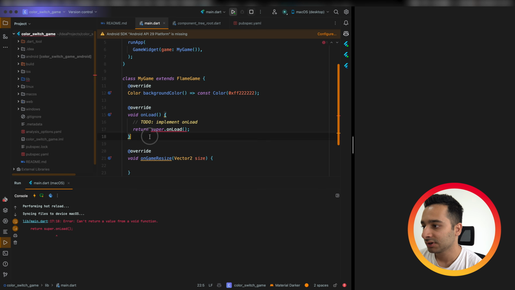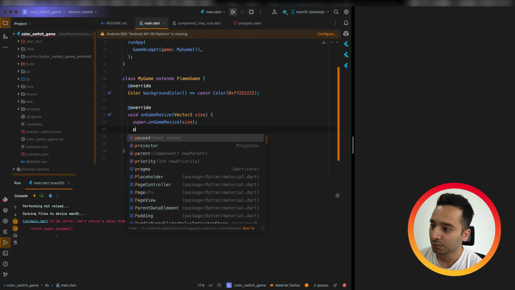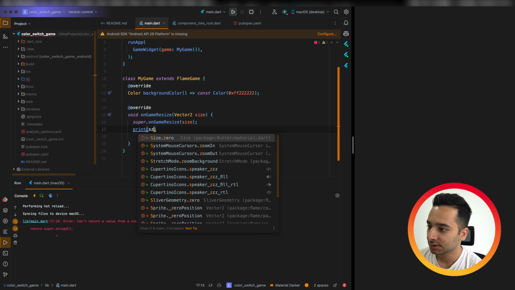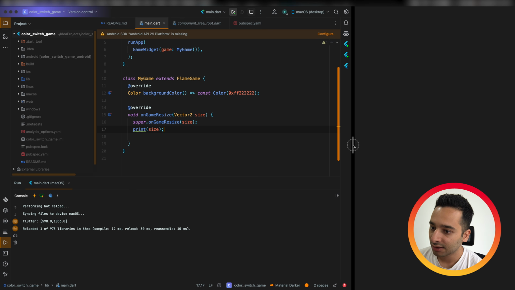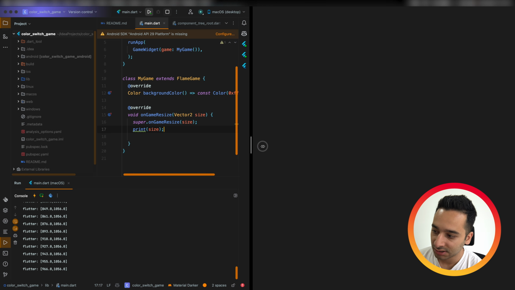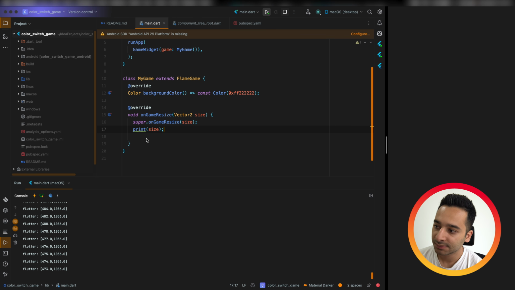It is this function. Let me remove this. And if you print the size here and do a hot reload, you see that when you change the screen size of the game, this method is getting called. Or when you rotate your phone, your screen size is changing, and as a result, this method gets called.